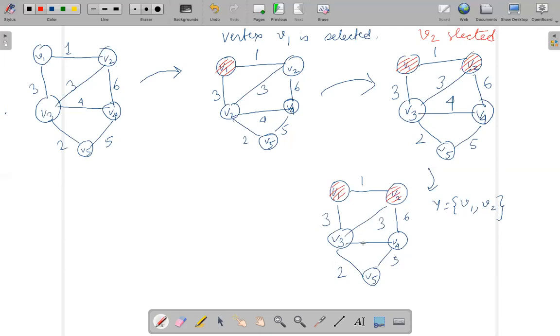And now you see, this is where you have the possibility of multiple minimum spanning trees. We could choose this one, we could choose this one, any one of these is okay. If we choose this one, then we leave out this one, and if we choose this one, then we leave out this one. But in both cases we will obtain a minimum spanning tree, and these are the two variants of the minimum spanning tree which I was already asking you to do as homework, but okay, it has come out naturally. So the nearest now is V3. So in the next step,